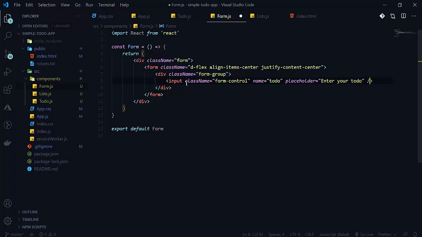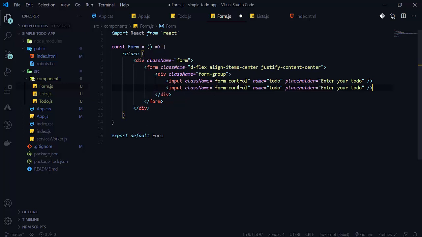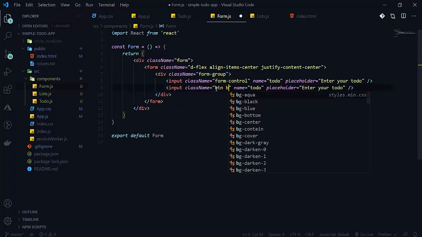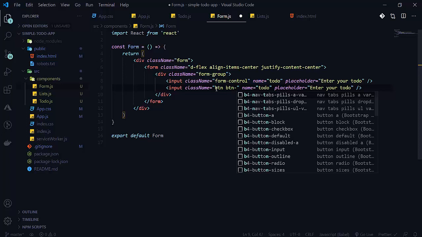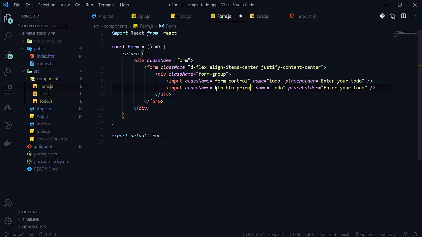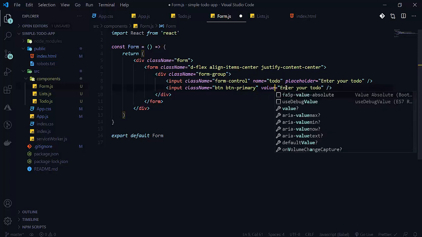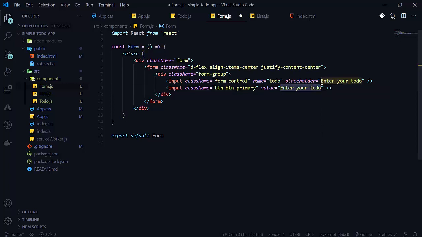Now let's create our submit here. Here will be btn, and btn primary will be there. There will be no name, and instead of placeholder there will be our value. The value will be add to do, simply add to do.